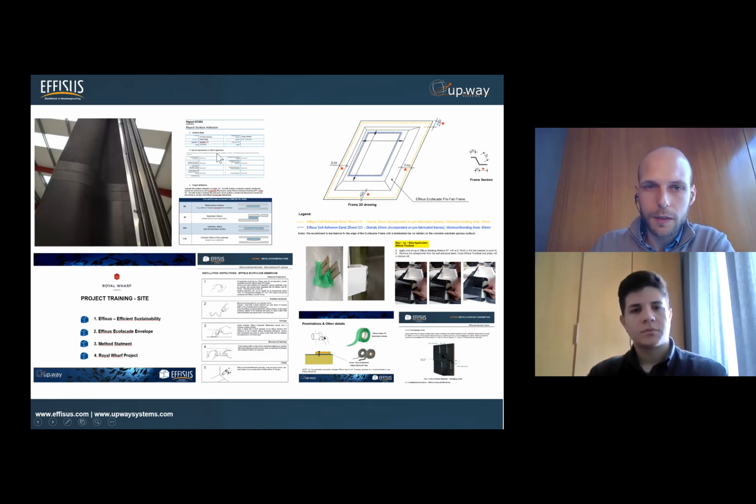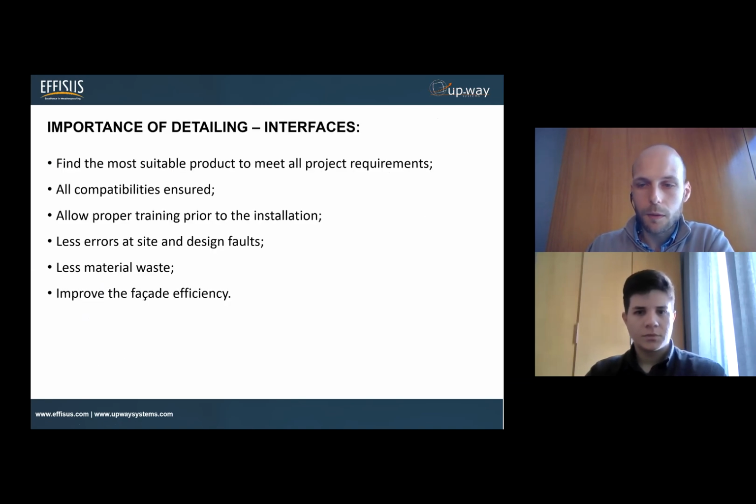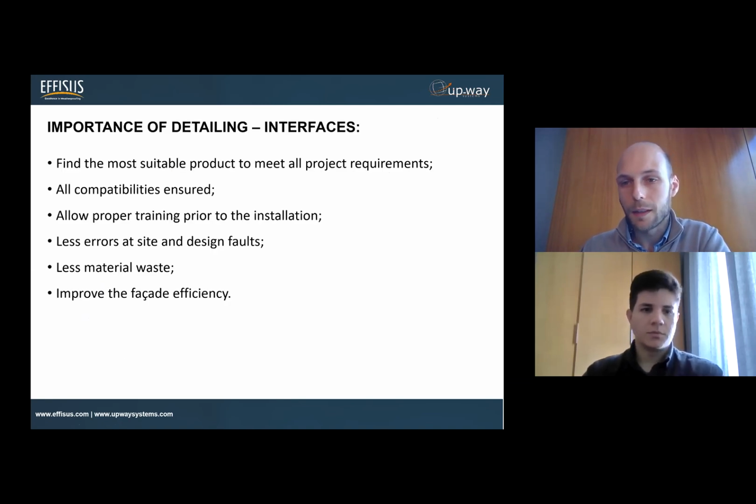So for instance, here is a compatibility test with, for instance, the classification of the failure within the adhesion. Then site training, manuals of installation, so looking into very specific details, inspection at site. So we do this for our direct clients, so going to the site and understanding how it can be improved if you're installing the solution in the best way possible. So we do these kind of things as we think otherwise you'll not be adding the full value that you